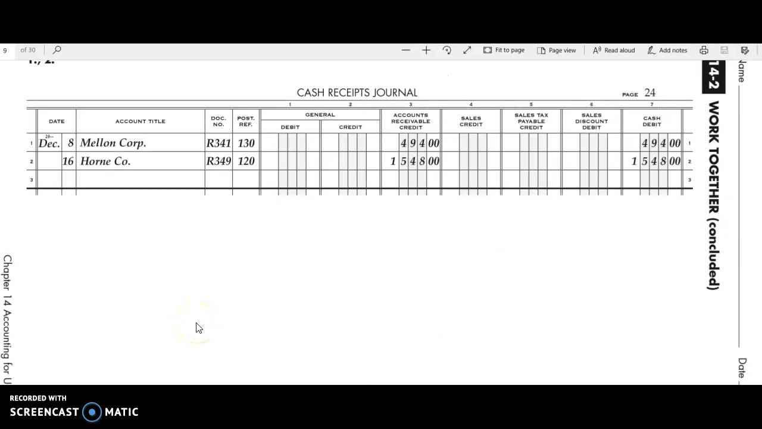Okay, I jumped ahead to the cash receipts journal. And so now you're going to journalize on the 8th the fact that you have received $494, you're going to credit account receivable, and you're going to debit